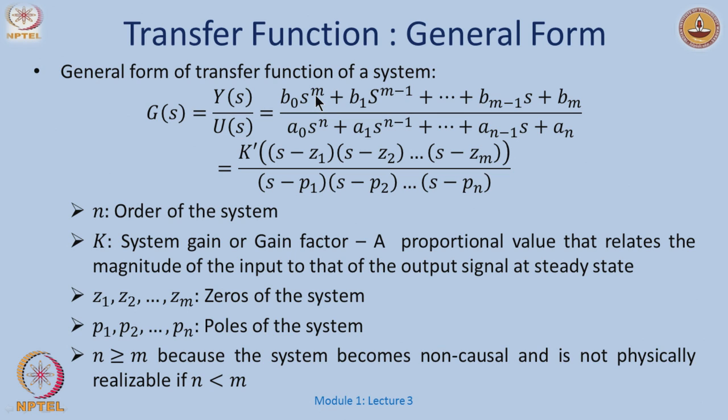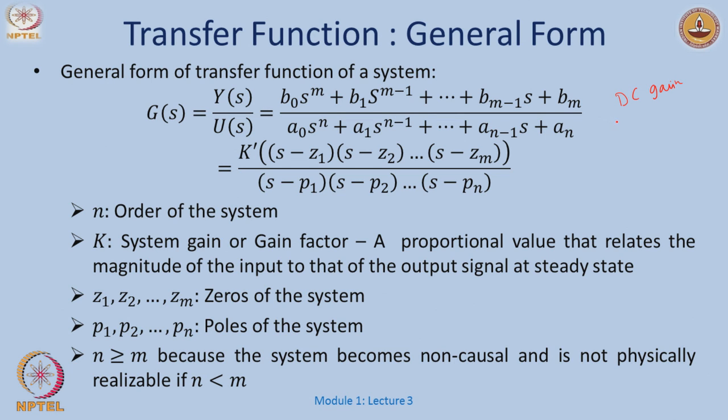Okay. So, in general, a transfer function would look of this form, where Y of s could be any polynomial of order m in s, and U of s, the Laplace of the input, could be written as any polynomial of order n which comes in the denominator. I could also factor that as some number k prime, I will tell you shortly what this is, and into a series of what we call zeros and what we call poles. Okay. So, here I call n the order of the system, m would be the number of zeros, n would be the number of poles. There is also something called the DC gain here,